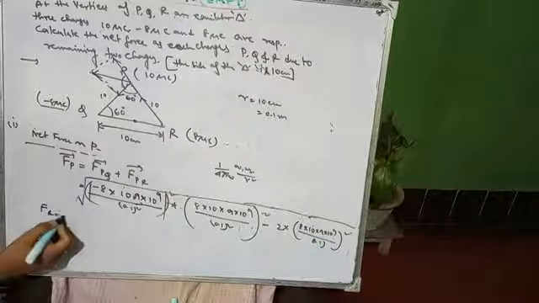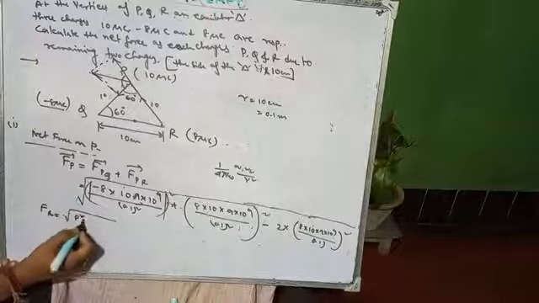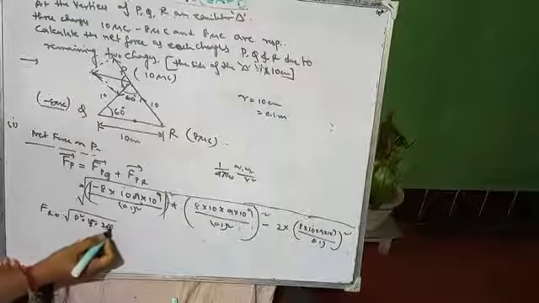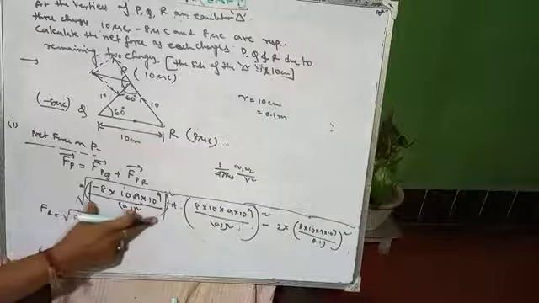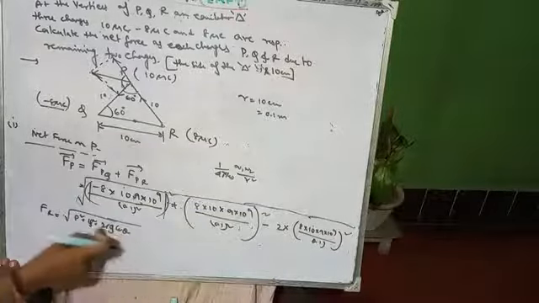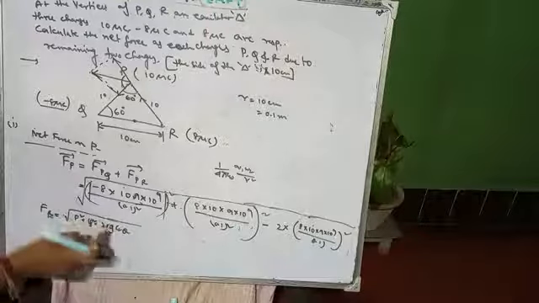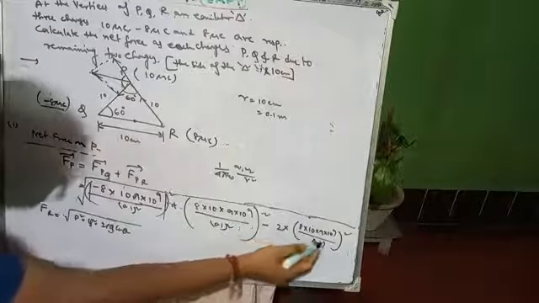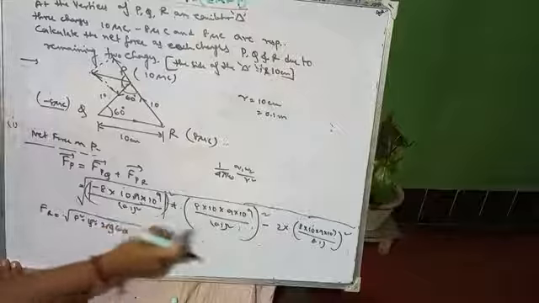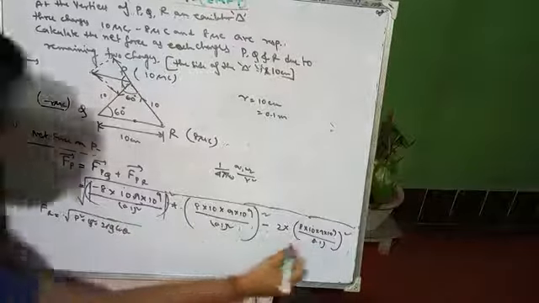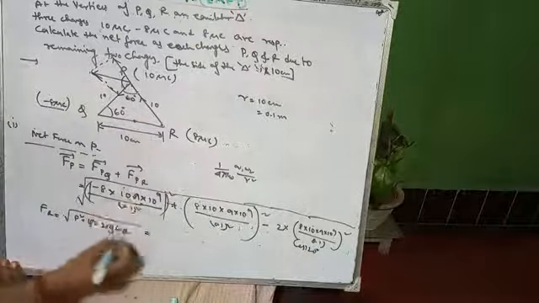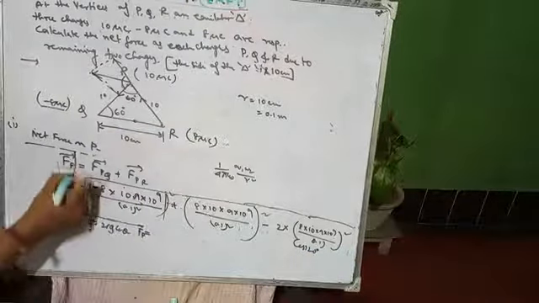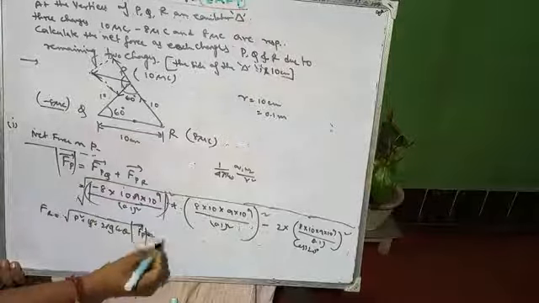F of result equals root over of p square plus q square plus 2pq cos theta, right? Your formula will be this one. So p square equals this one, q square equals this one, plus 2pq. P has a negative sign, so it will become negative over here. 2pq, p and q have the same magnitude, so cos theta means cos 120 degree, okay? So if we calculate it, then you can get the magnitude of f of p, okay? This is the magnitude of f of p.